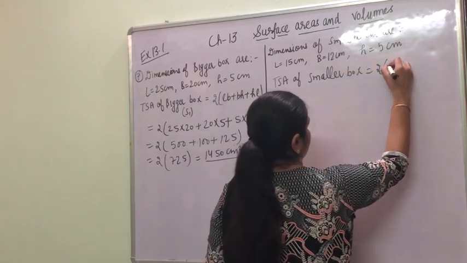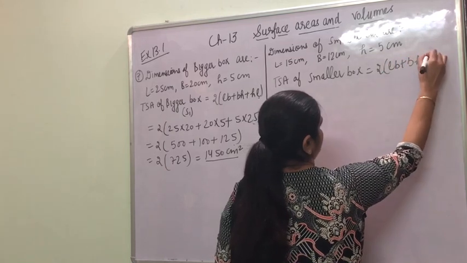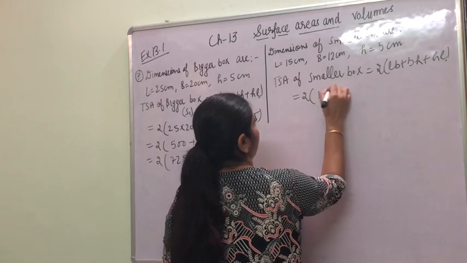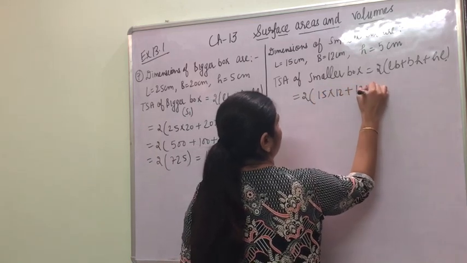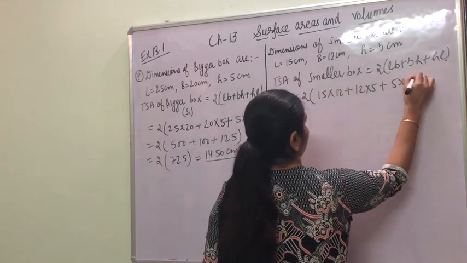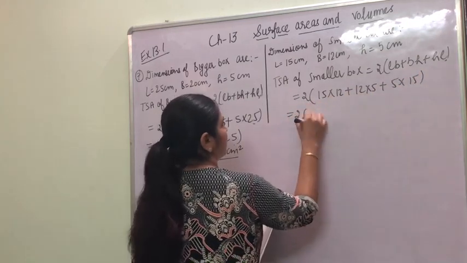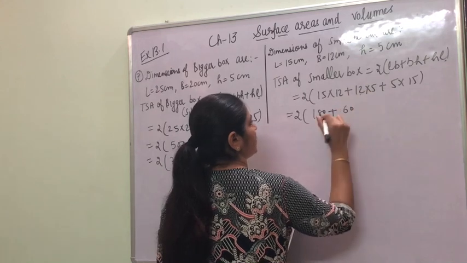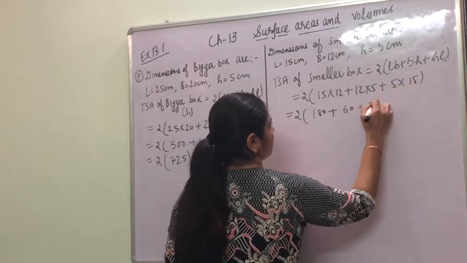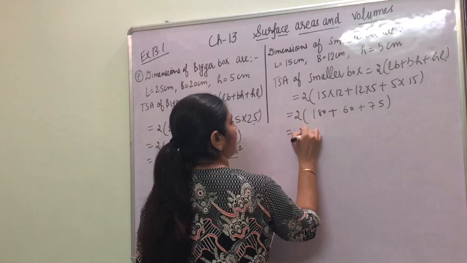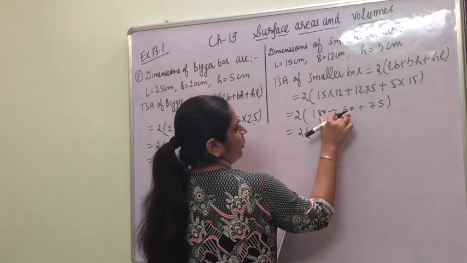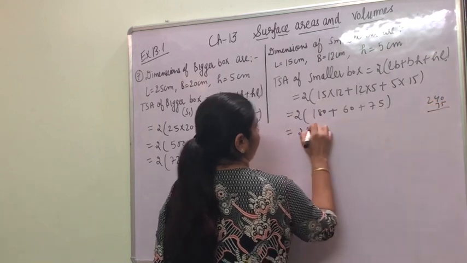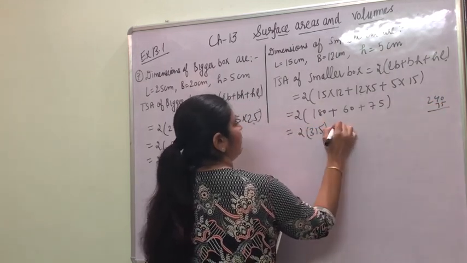Same formula, twice of LB plus BH plus HL, which is equal to twice of 15 into 12, 12 into 5, 5 into 15. 15 times 12 is 180, 12 5s are 60, 15 5s are 75. 180 plus 60, 240, 240 and 75, 315. 315 times 2 is